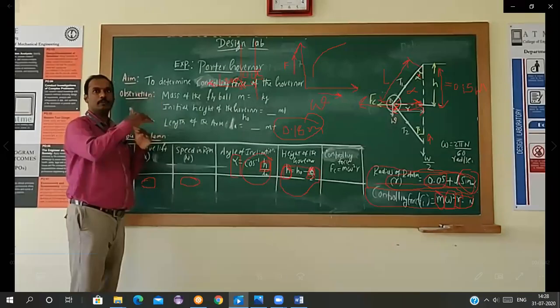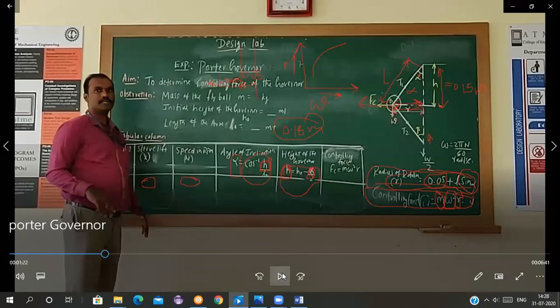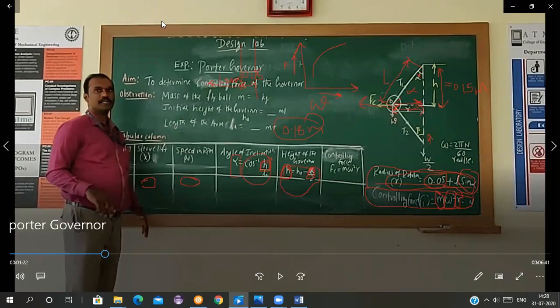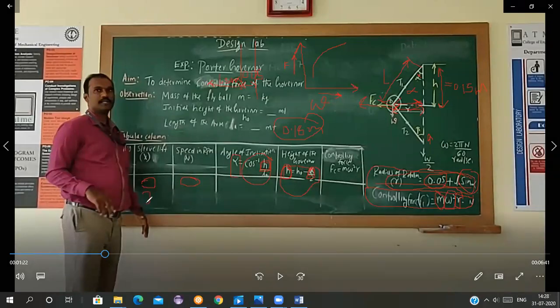So can you calculate one value here? We will try to calculate one value. Just take the sleeve lift x1 as 2 centimeters. All of you try to solve it. See, if you solve it, you will understand. Take this sleeve lift as 2 centimeters. For this 2 centimeter, the speed was around 350.